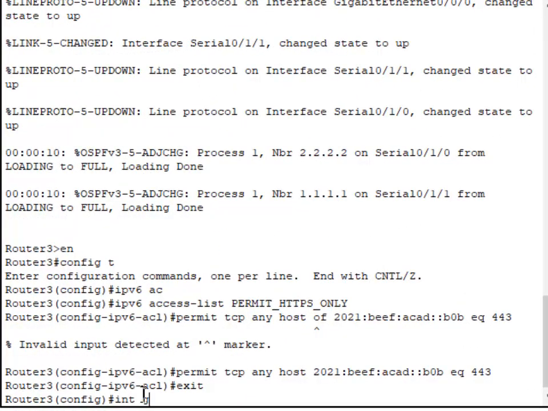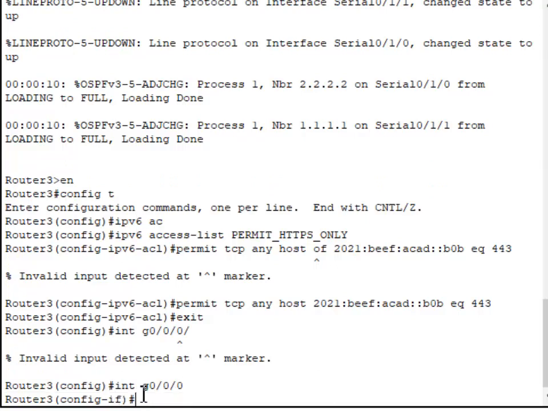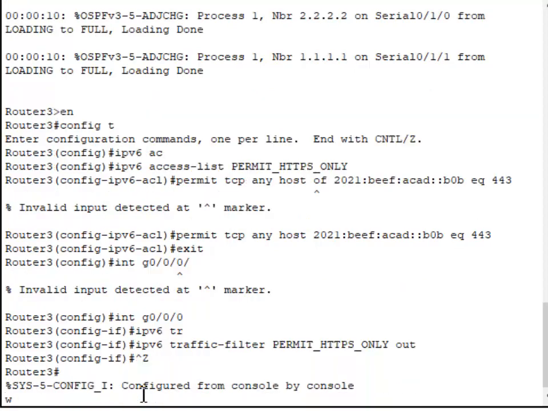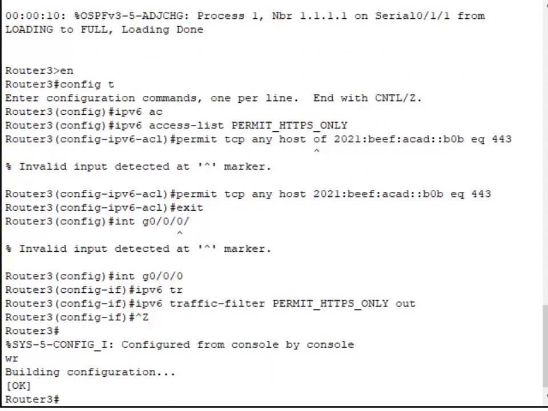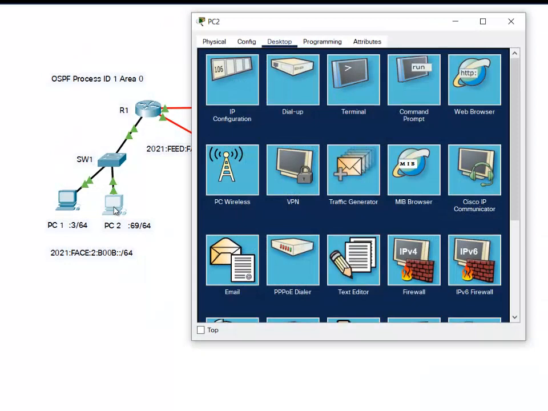So I'm going to go interface gigabit 0/0/0. Yeah, I can't type today. And now we'll go IPv6 traffic filter permit_HTTPS_only in the outbound direction. And I'm going to write that to our configuration, save it just like that, close this down, and now come over here,